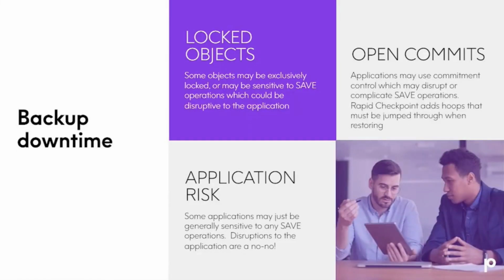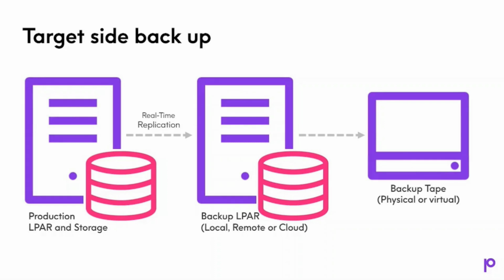And what we feel is we have the best solution, and have had for many years, in addressing something that at its core seems very simplistic, and that's utilizing logical replication for target side backups. That allows you to keep your production machine up and running, and instead of taking it down for backups on a weekly, a monthly, or quarterly basis and introducing risk into your enterprise, you establish replication to a dedicated LPAR, replicate in real time, so as you're updating files and transactions are occurring on your production partition, you are replicating those in real time to a backup, and that's where you offload, if you will, the backups to that